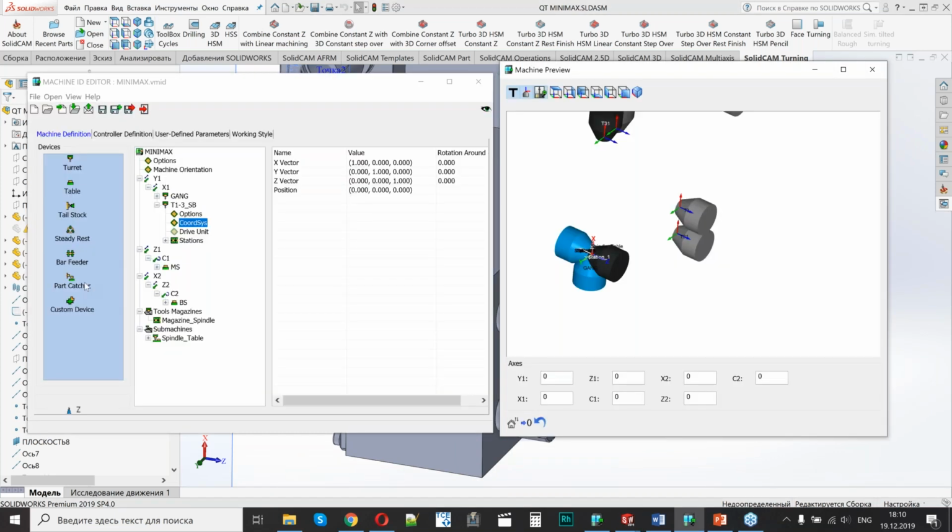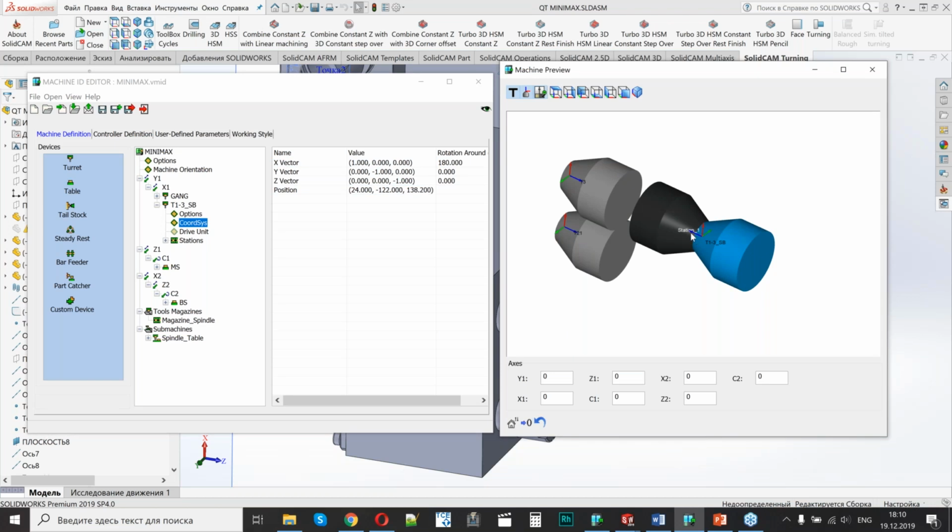So I will just put the position of the coordinate system for this block and rotate the coordinate system of this block because it has the opposite z direction for the tools according to the machine tool layout. They will use the drive unit, and I will apply